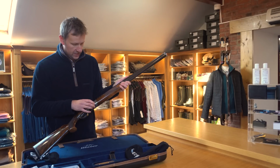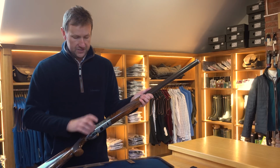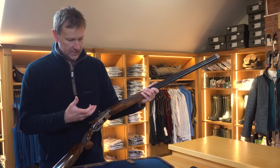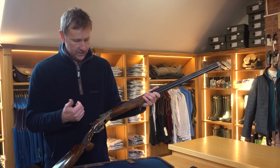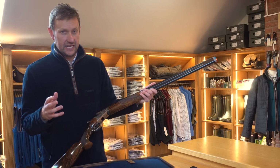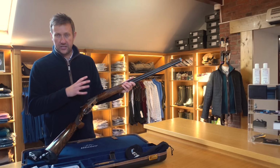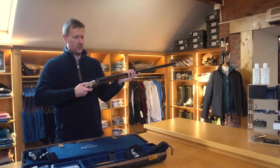Super low profile here. You look at a Browning, which looking at this feels almost twice as deep. If we just open the barrels, you can see how narrow that really is. It's not a Boss style mechanism, it's completely different. Like I said, it was quite revolutionary, and they were launched at a price point underneath something like a DT10, so it was a serious contender for people that wanted to shoot competition clays. They also did a game version. But the reason they were popular is